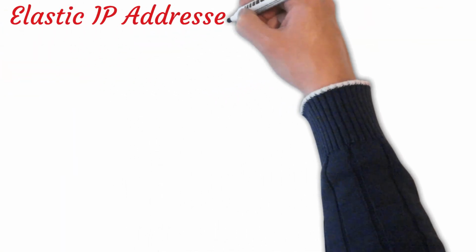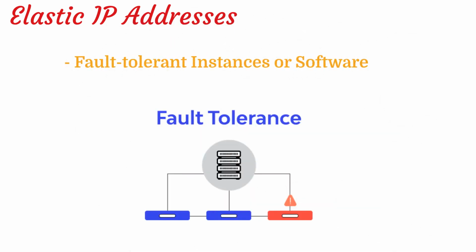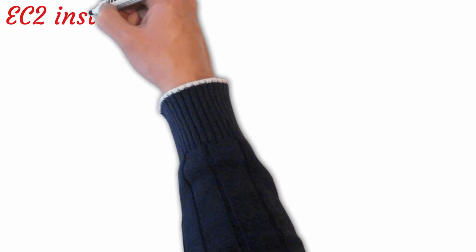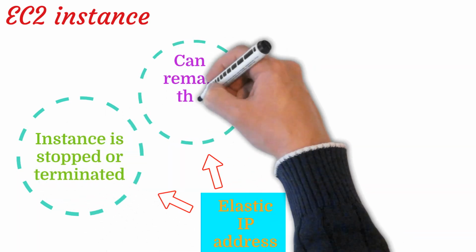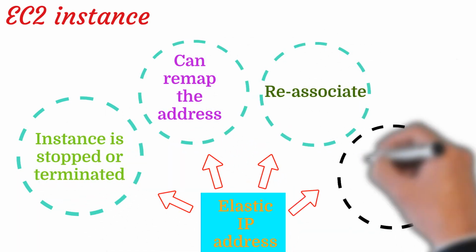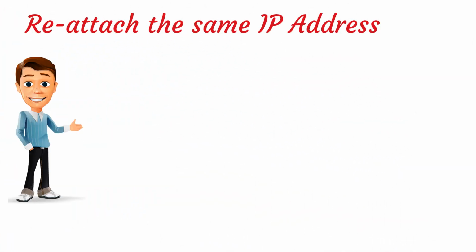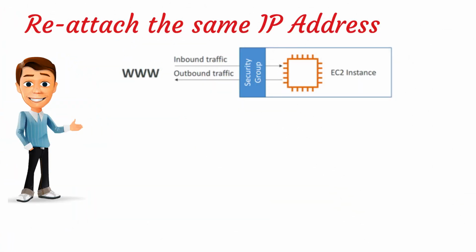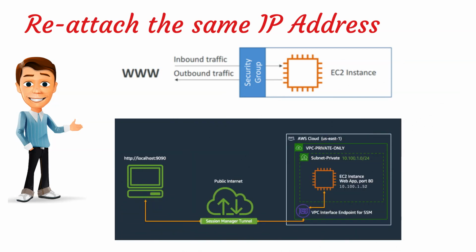Elastic IP addresses are most commonly used to help with fault-tolerant instances or software. For example, if you have an EC2 instance that has an elastic IP address, and that instance is stopped or terminated, you can remap the address and re-associate it with another instance in your account. You can also reattach the same IP address to the same EC2 instance when it is restarted, allowing IP-based connections to work seamlessly, and making it possible to start and stop instances to save money while not in use, without